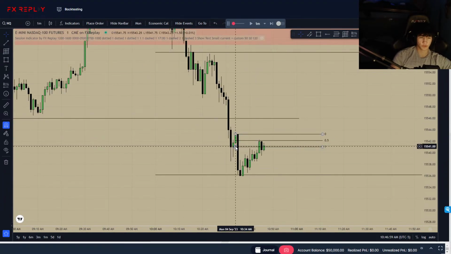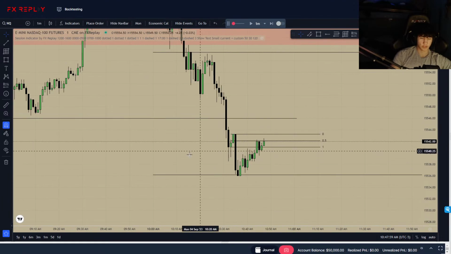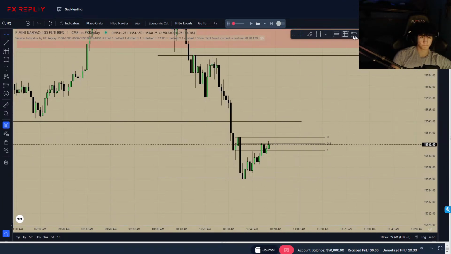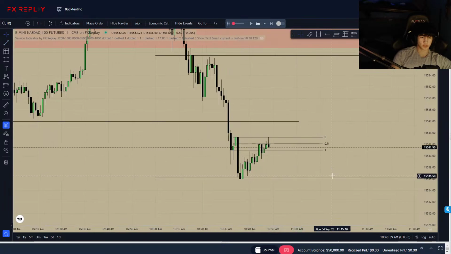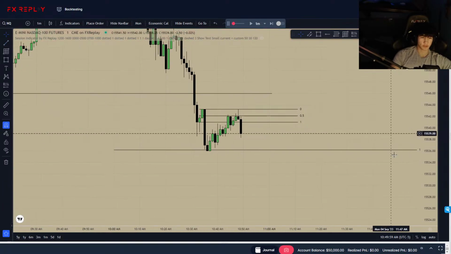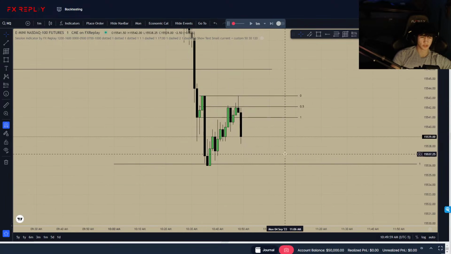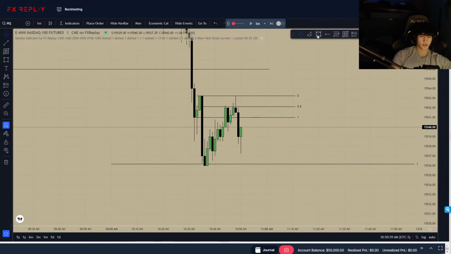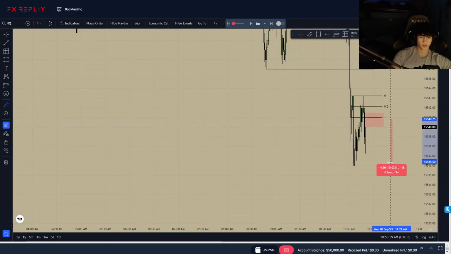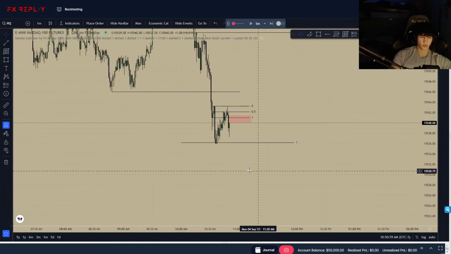We don't have it on the 5 minute. Just going to keep it marked out because it looked like we did respect it for a bit, but not much. Keep this high marked out. We did actually respect it all the way up, and this is a little bit too late to be looking for a trade. It's almost 11. This for value gap, I'd say would be okay, just because we have this low-hanging fruit objective, but that's not really much of a move I want to take.